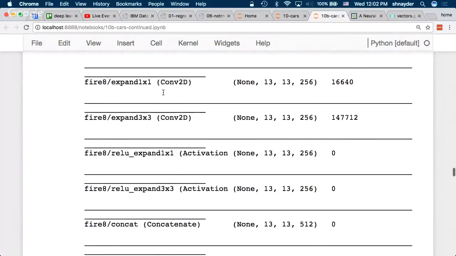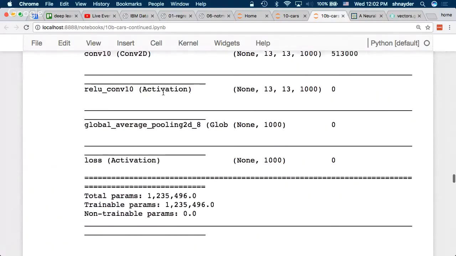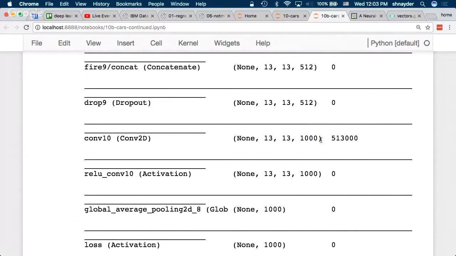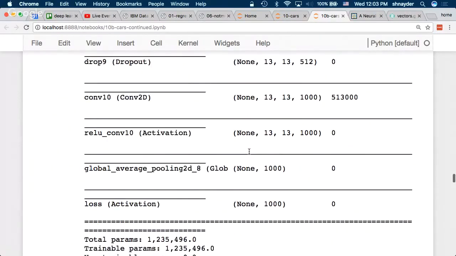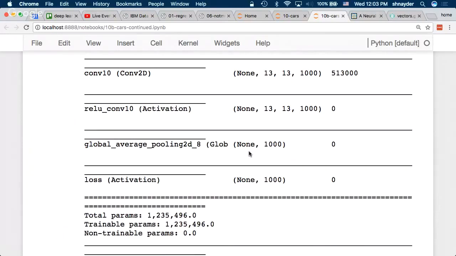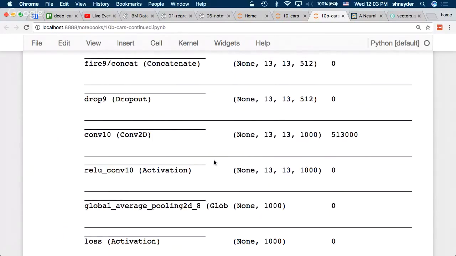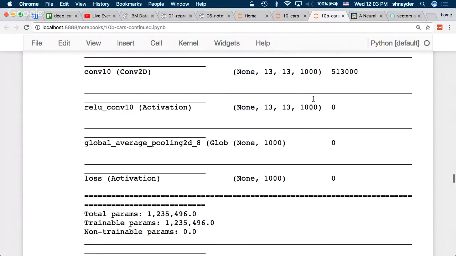And then finally at the end, we go to our 1,000 class classification layer. So just like yesterday, we're going to rip off this 1,000 class classification layer and build a new classifier just on top of these 13 by 13 by 512 final feature maps